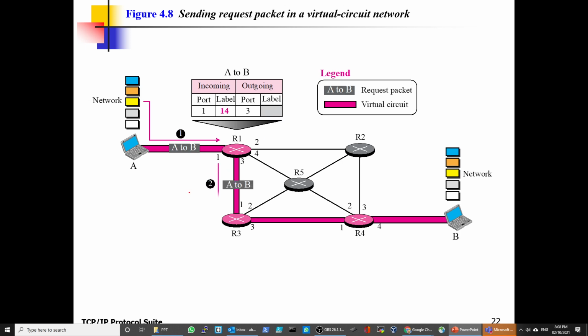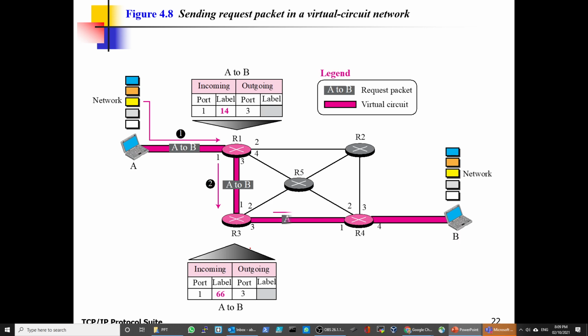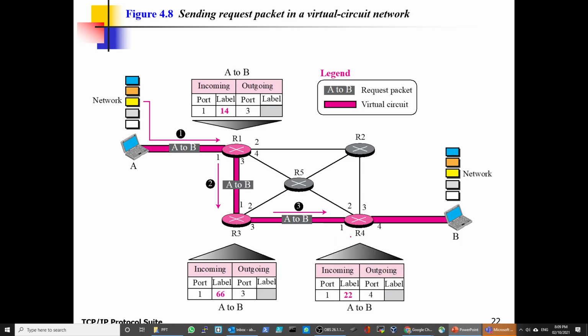It goes to the next, and again in here, the incoming port is 1, the label is 66, and the outgoing port is 3. Then going through port 3, the incoming port is 1 and the outgoing port is 4, and the label is 22, until it gets to the destination.